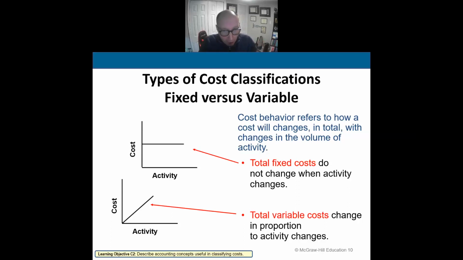Fixed costs are costs that do not change over time. They do not change with levels of activity. An example of a fixed cost is rent. An example of a fixed cost is a manager's salary. An example of a fixed cost